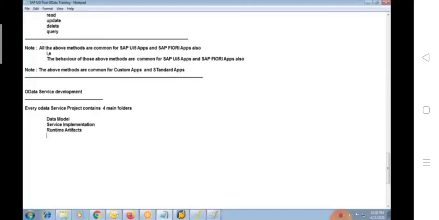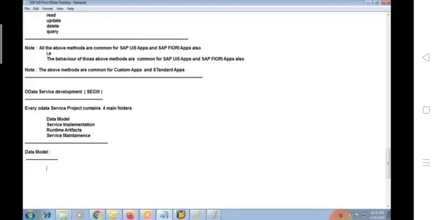For OData development, we have to use all these things. So these are the 4 main folders for every OData ABAP project which we create using SCGW. You can take any project related to sales order, purchase order, or a custom OData service, but ultimately it contains these things.